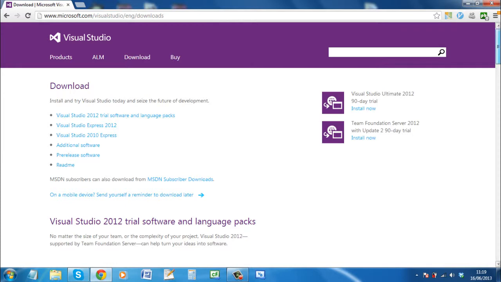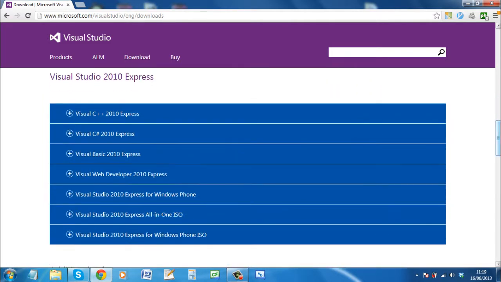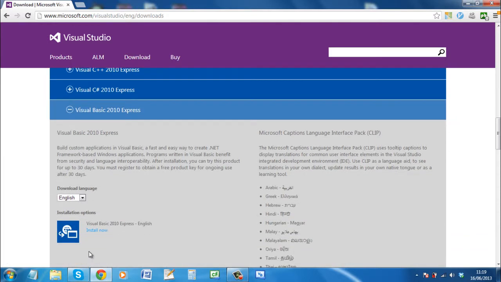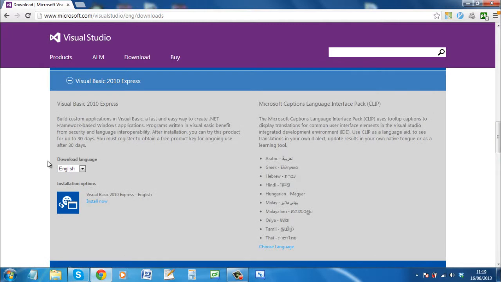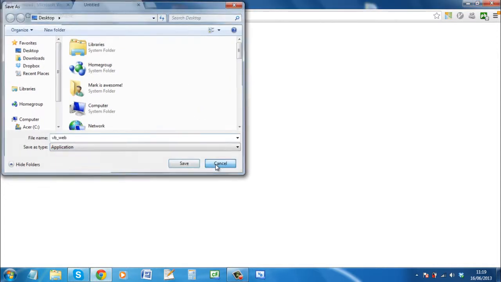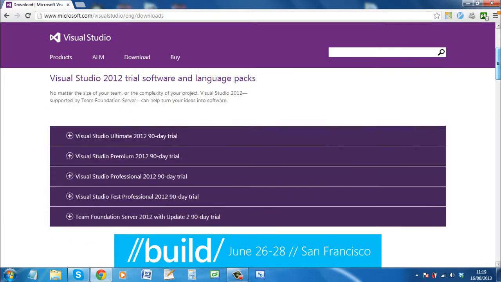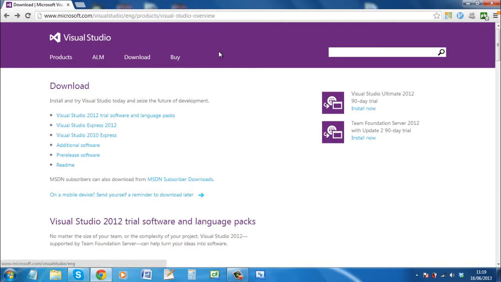and then if I scroll down, I'm going to see Visual Studio 2012. I keep scrolling down, I'm going to find the Visual Basic 2010 Express, and I'm going to select it, and I'm going to want to select the install button. And what this is going to do is download the Visual Basic installer. Now I already have Visual Basic installed, so I'm not going to,